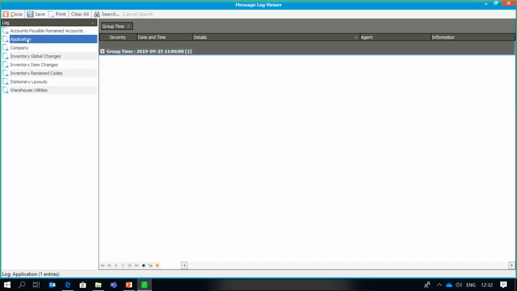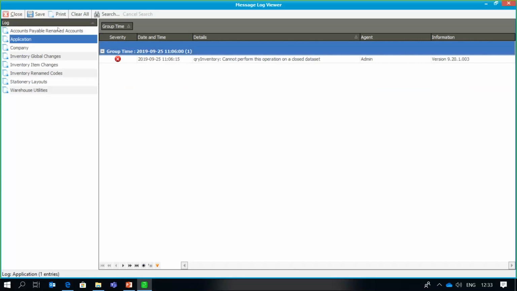We've got things like the application, which would pick up things like, for example, error messages, deadlock errors, access violation problems. You can obviously pick them up here. They would be logged, giving you a date and time of when this error occurred, and also which agent was processing the transaction or running the report when this error came up. So very good if you're looking at troubleshooting certain things on your database. Always check the log viewer to make sure that the records have been stored there of any irregularities, etc., and